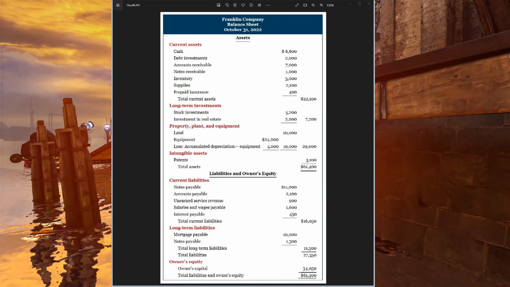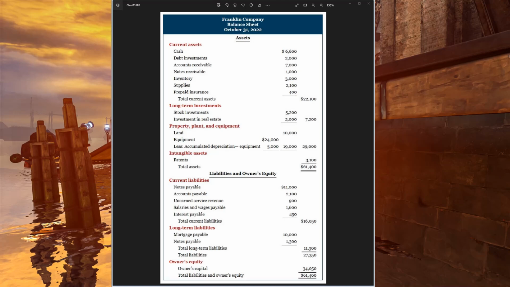On the liability side, we have current liabilities. Current assets are listed in order of liquidity, how fast we can turn them into cash. Liabilities, remember, are things that we owe. We have to pay other people. So they're like bills. And so current liabilities we list in order of maturity, meaning when do they come due? So here you notice that both in the current liabilities and in the long-term liabilities, you'll see notes payable. Well, what we're saying here is current liabilities are all those bills that are coming due in the next 12